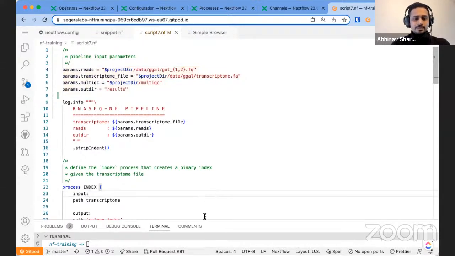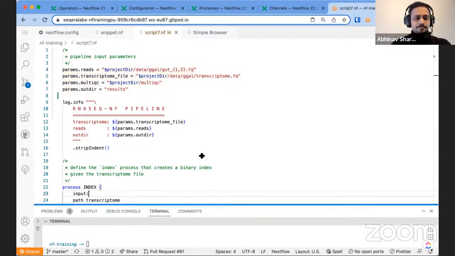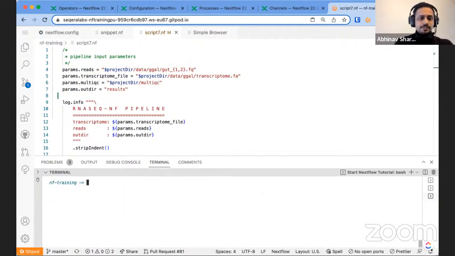So for example, if I run this pipeline, nextflow run script7, and I would have to use with-docker because this is a fresh Gitpod environment. So I don't have that configuration in nextflow.config, but we'll put it there. So if I run it now,